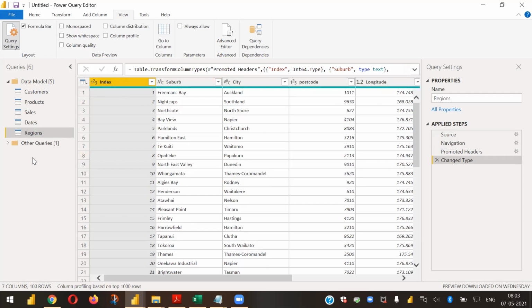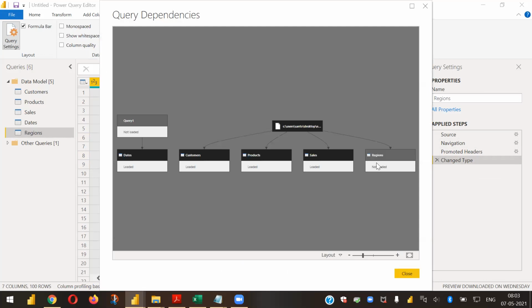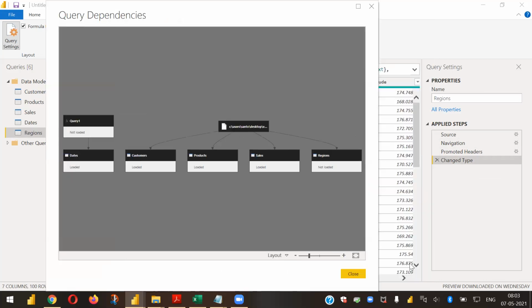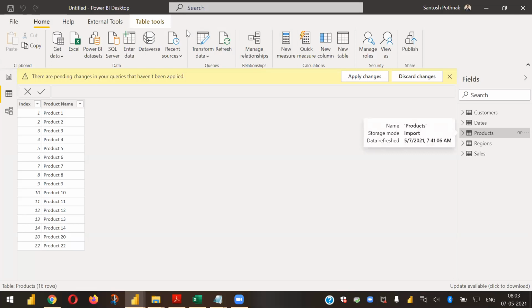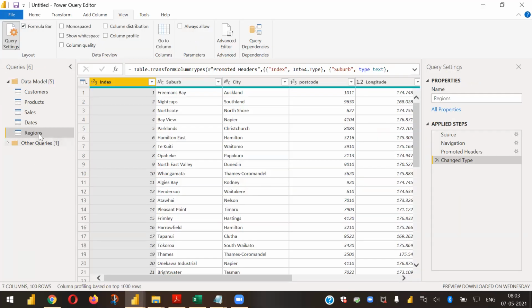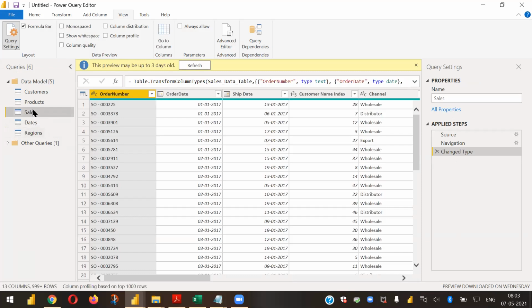Okay. So now go back to the query dependencies, because I built it in a different way. I think even though I copy pasted it, it has the same source as Excel. So what I wanted to do is, okay, my example was something else. Let me just show you. Let me do one more thing. I want some channel information.